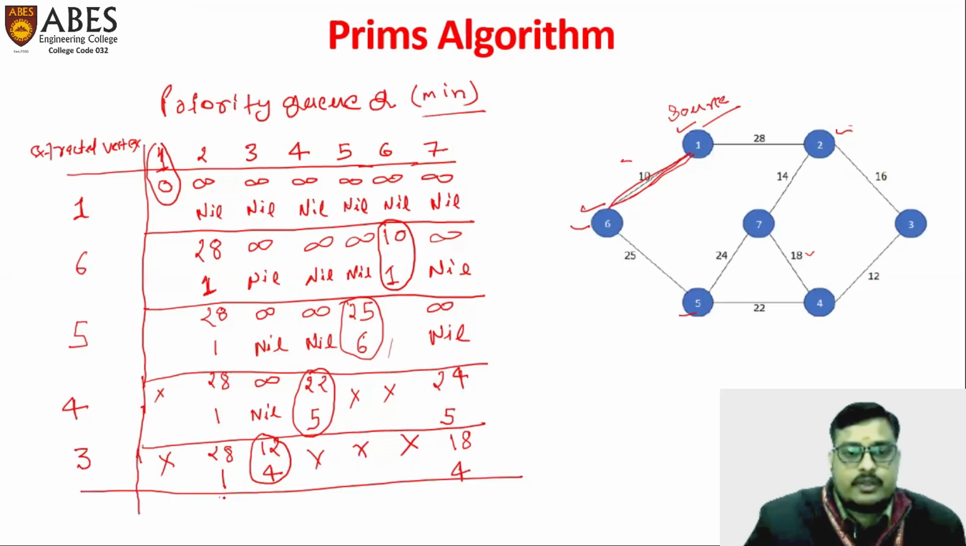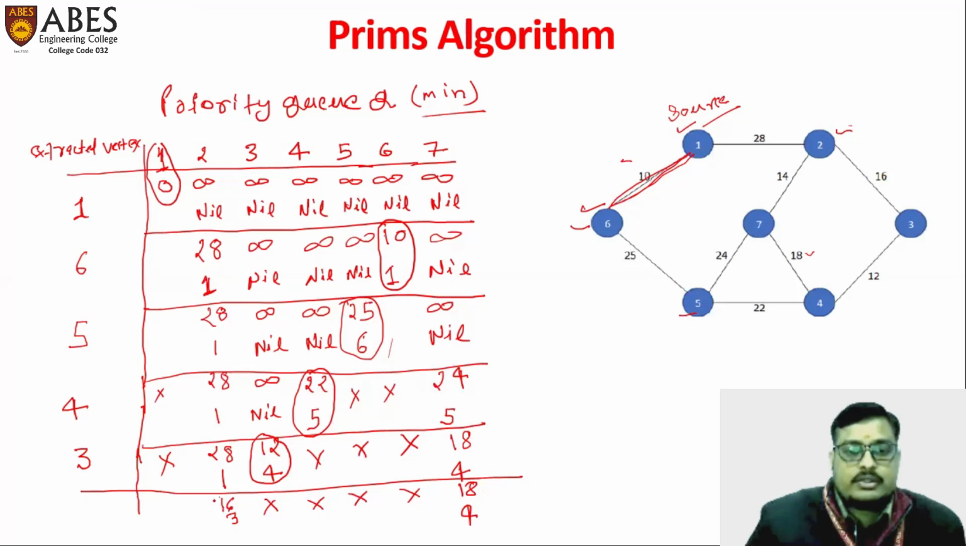So the cost of this will be 16 and the parent of this cost will be this vertex, which is 3. So we'll write 3 here. After that, this is already removed, and 7 is 18 and the parent source will be 4. Now we can see we have only two vertices in the priority queue, that is 2 and 7, and the